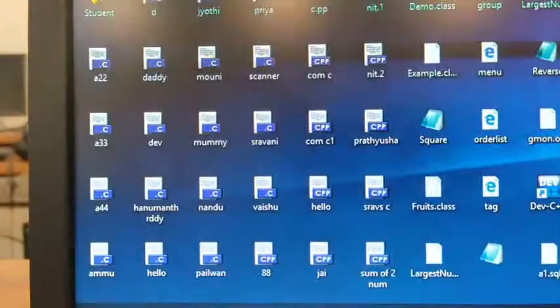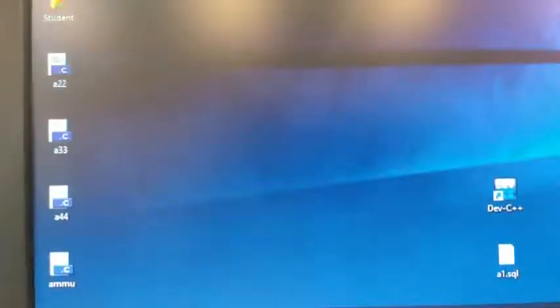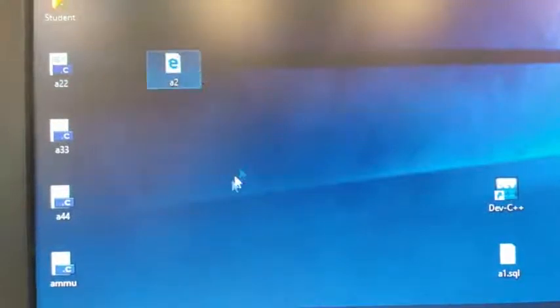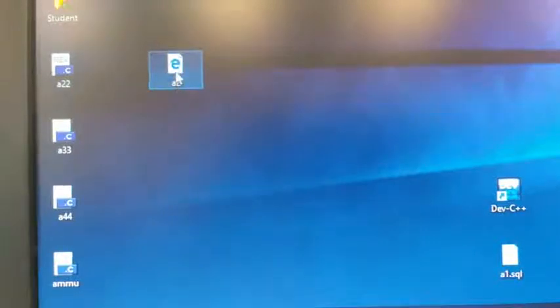Now we'll open a2.html. Now you can see this file after saving. This is your a2.html, and you can see the browser icon. The browser icon means it is an HTML file.